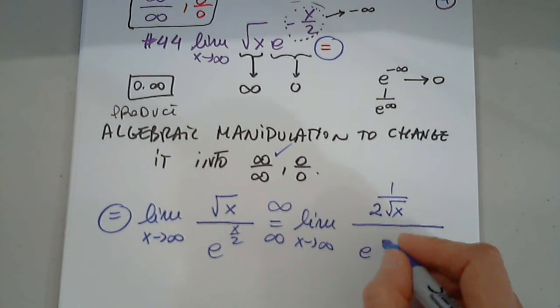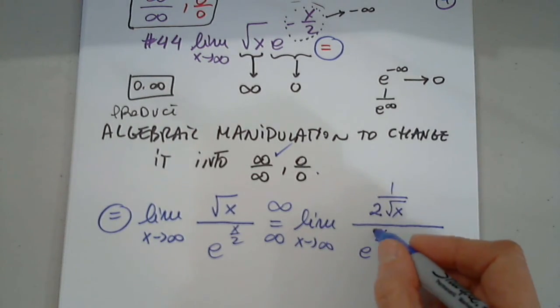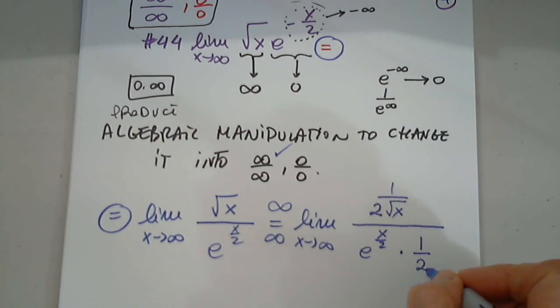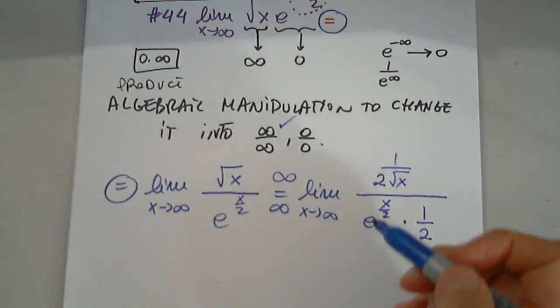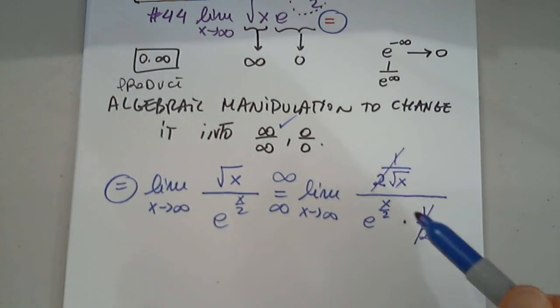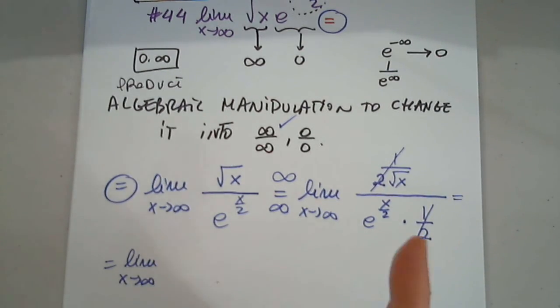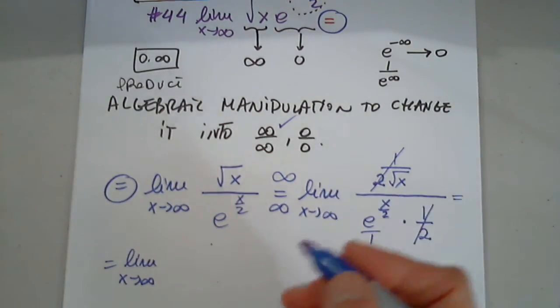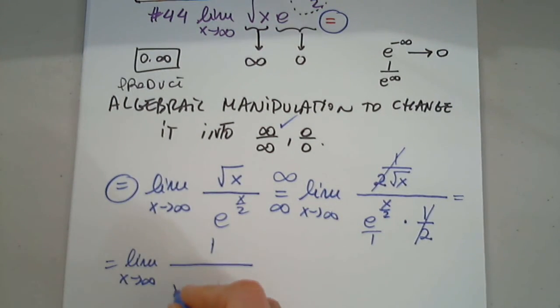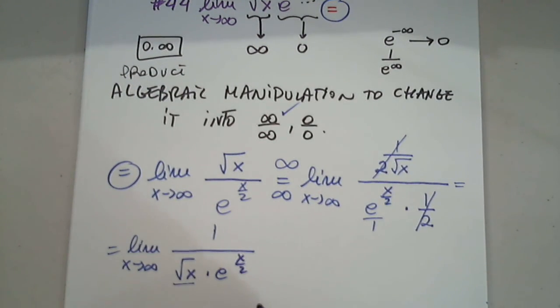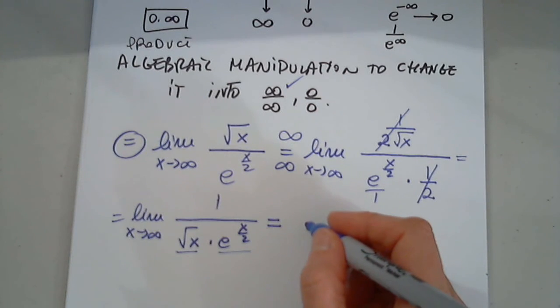And the denominator is e to x over 2 times the inner function prime, which is 1 over 2. 1 over 2 from the top with 1 over 2 from the denominator, they are factors. I can simplify them. So I have limit as x approaches infinity. The top is 1 over the square root of x, and the denominator is this over 1. When I flip, I get both in the denominator as the square root of x times e to x over 2. This approaches infinity, this approaches infinity, the whole thing approaches or equals in this case with a limit operator in front. That will be